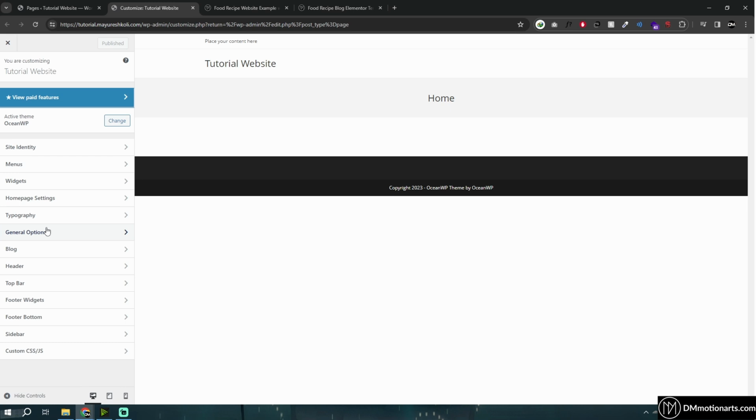Usually it's the same. It's just that one theme would have more options than the other theme. And for the free version, I think OceanWP is the best one if you don't want to pay for Elementor Pro and all. But if you have money and if you want to go for more customizability, then go for Elementor Pro,